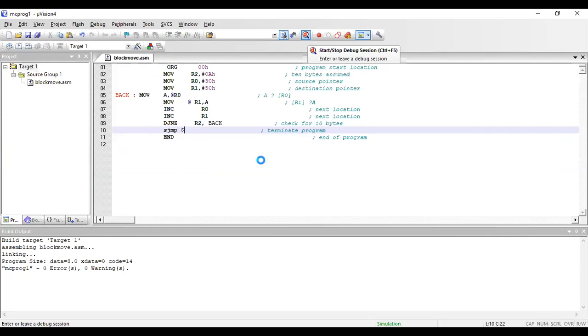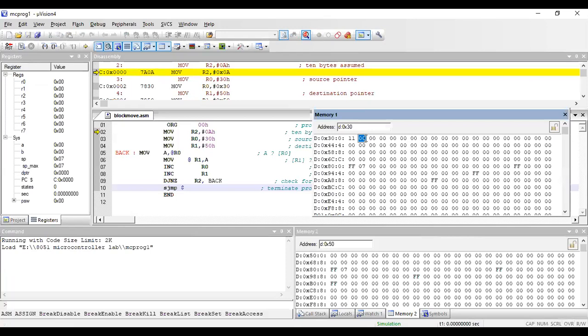Once I get that, I enter into a debug mode. Once I enter into my debug mode, again my memory windows are ready. You can see that I have my memory window which is not initialized. I need to initialize once again, right? Let me initialize the memory windows with the content. 30th location is the source location which is having some data. So I'm entering these values which I need to move to 50th location, right? So this is the data which is there at the 30th location. I have entered my data. You can see that, right?